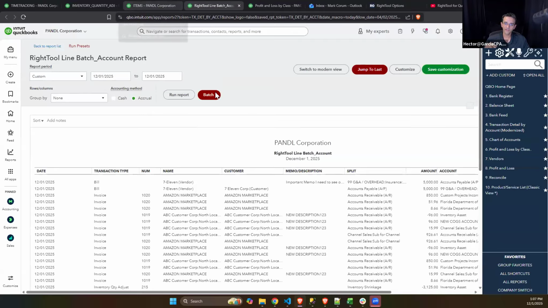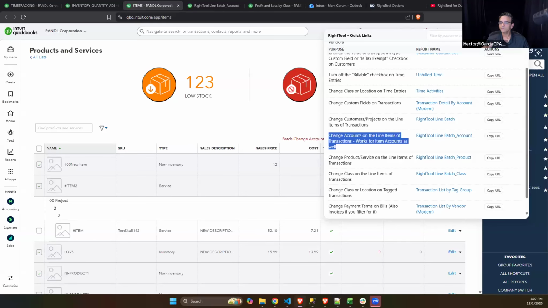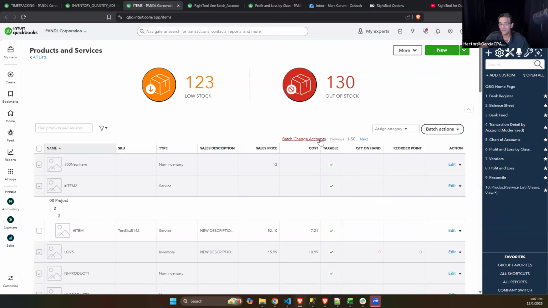You'll change it only on the transaction. You change the account, only the transaction. So the point of what Mark is showing, well, this one is to change it on the transactions, but what Mark was showing earlier is to change it in this page, in the products and services page, with the